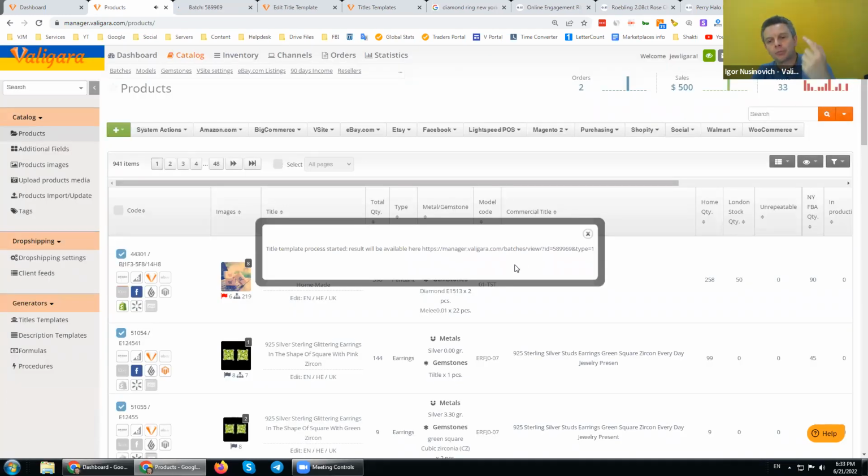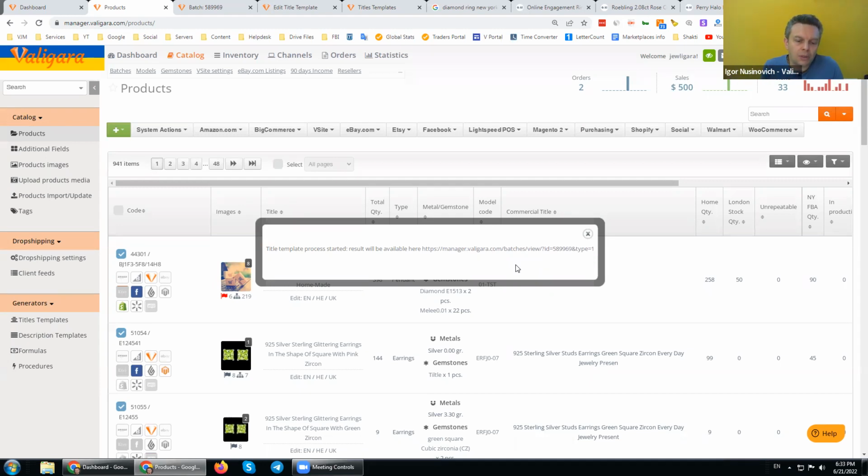This is super useful if you already have some information inside and you have maybe reworked the titles already. Let's say I have 50,000 SKUs in my catalog and I know my bestsellers, and I hired a copywriter who improved the automatically generated titles for me.